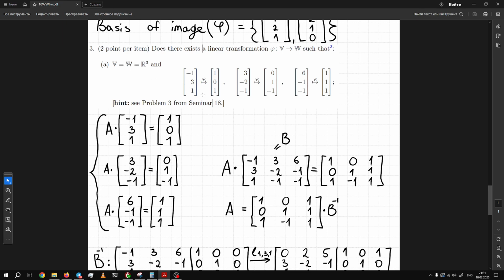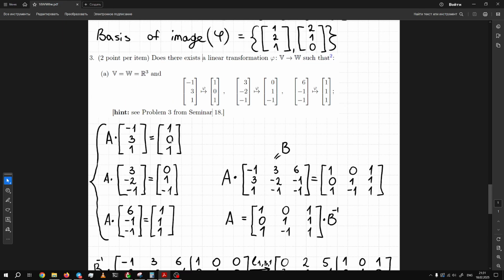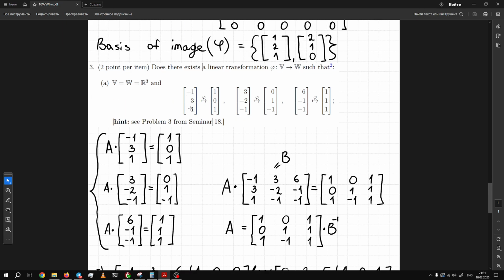This is V, this is W, and it's all from R3, three-dimensional space. Okay, and we need to find if there exists a linear transformation. So we have three linear transformations,